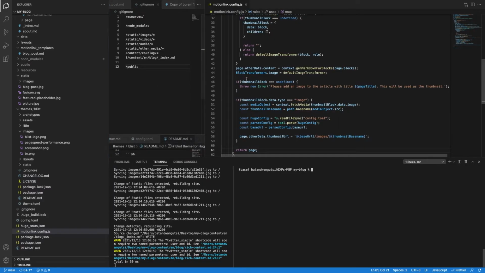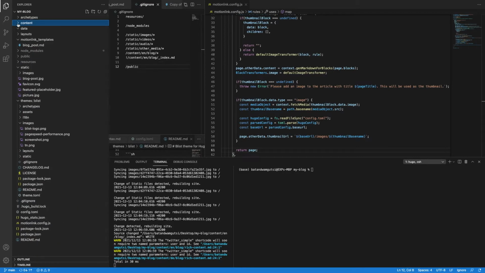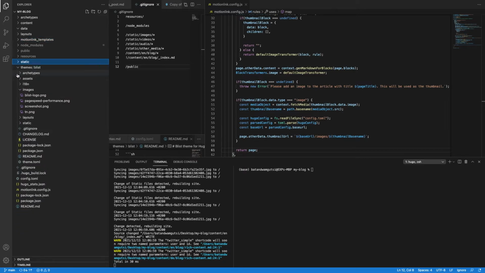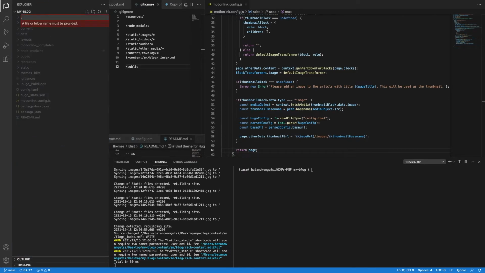We are now ready to actually upload our website to Netlify. So how are we gonna do that? Let's just close this. So we're gonna create a new folder called .github workspaces. No, workflows. My bad. I'm thinking about Notion right now. So .github workflows, and okay, I could have just created a file, but